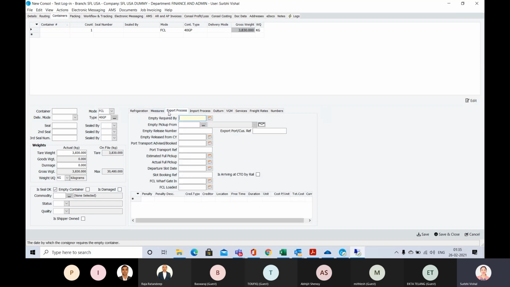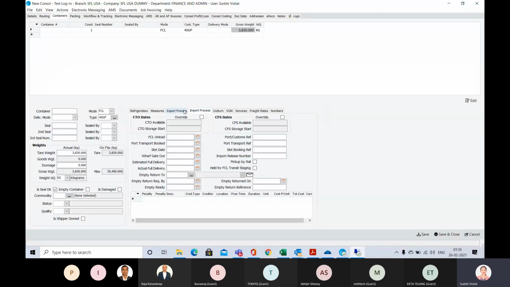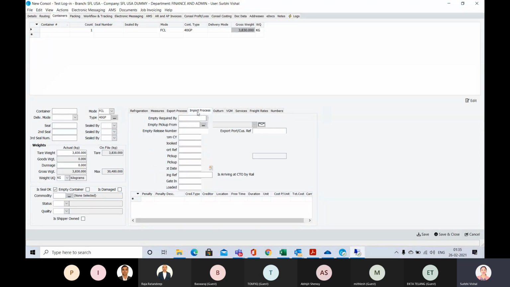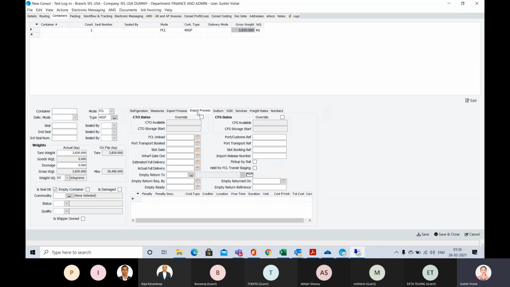Then we are having the export process and import process. These processes will be explained to you in our later session; these are things which will automatically get updated, most of them.